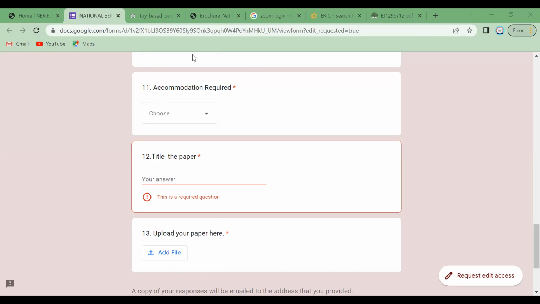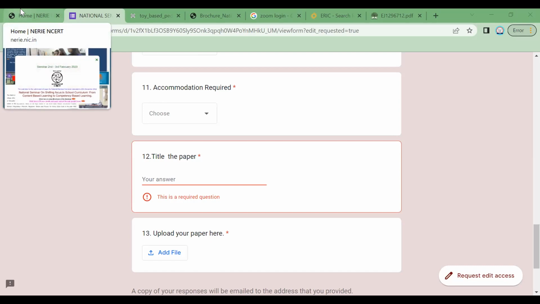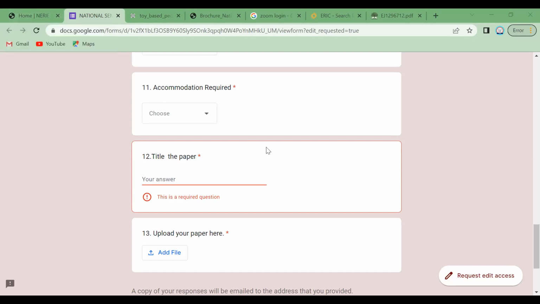I will share the link where you have to send the paper in the WhatsApp group. There is no chance for online paper presentation. This national seminar is face-to-face. The accommodation and travelling allowance will be borne by the organization. Any other doubts, or else we can